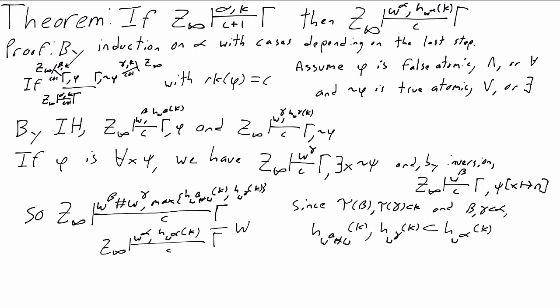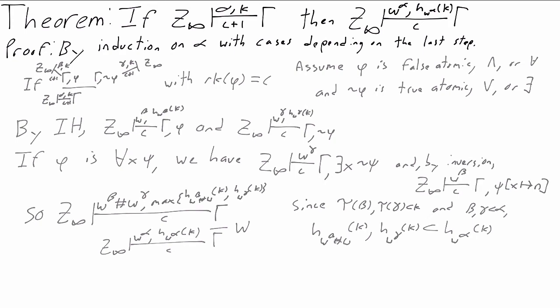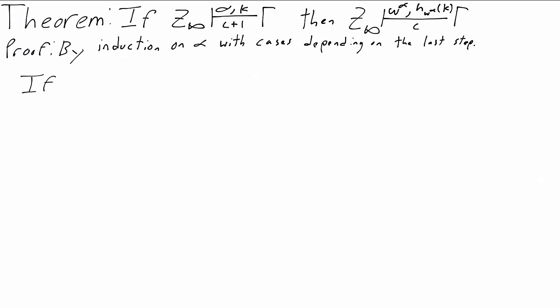That's the main case, the case where we actually eliminate a cut rule. For all the other steps, as you might expect, we just apply the inductive hypothesis. Just to see one example. If the last step is an OR introduction, so we deduce gamma comma phi or psi from gamma comma phi,